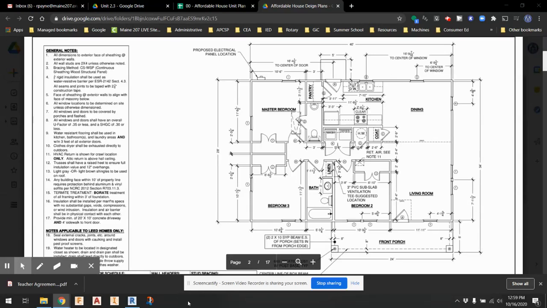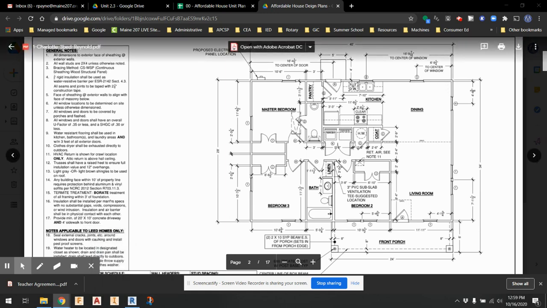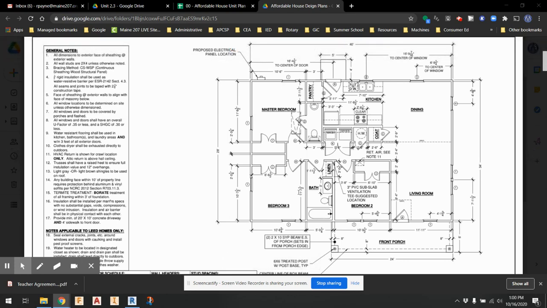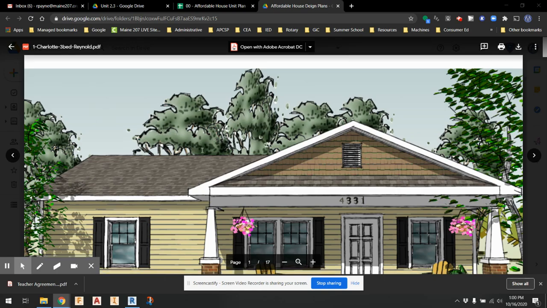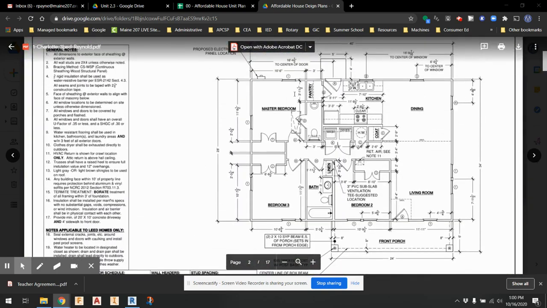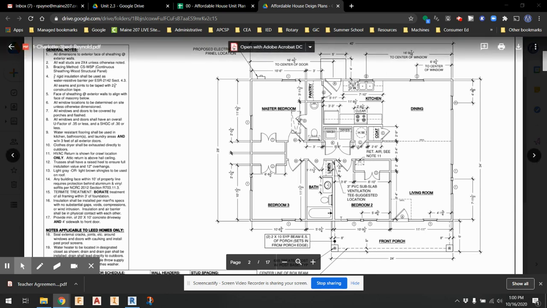All right, so this is the second video for the CEA affordable house. In this video, we're going to actually lay out the exterior and interior walls based on whatever plan you're working on. Remember that I'm working on the Charlotte 3-bedroom rental plan. That's what I'm basing mine off of. So it'll be pretty similar to this, maybe not exact, based on a few inches here or there. Also, I'm going to put on the front porch, a few things like that, but the rest of it will